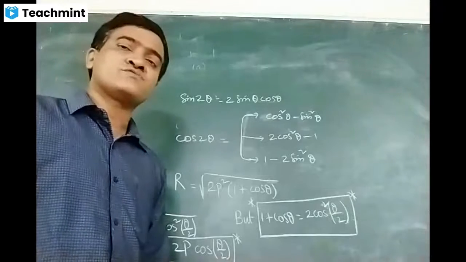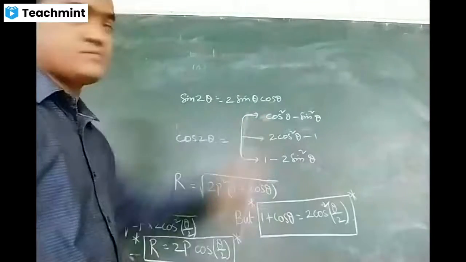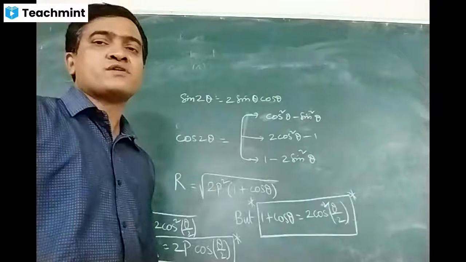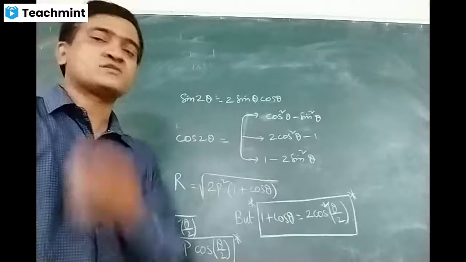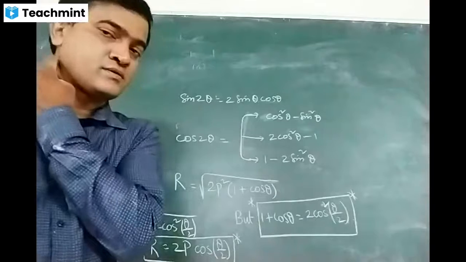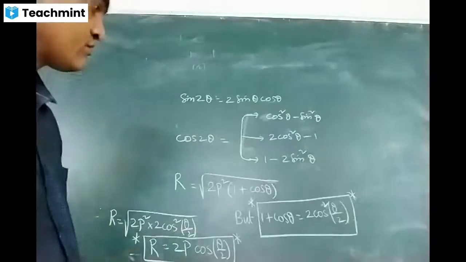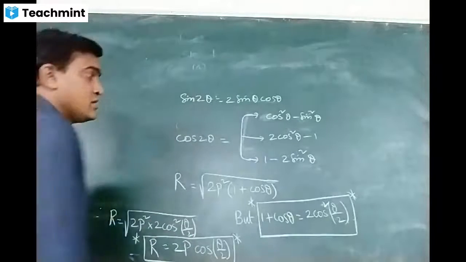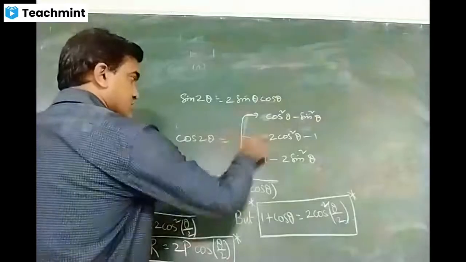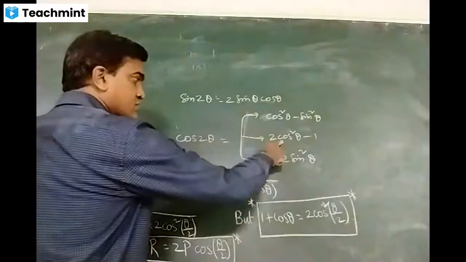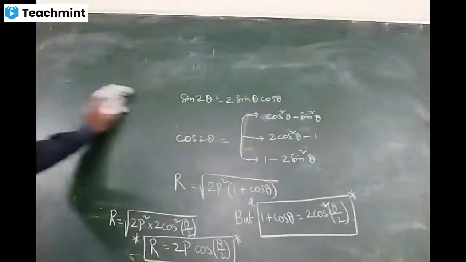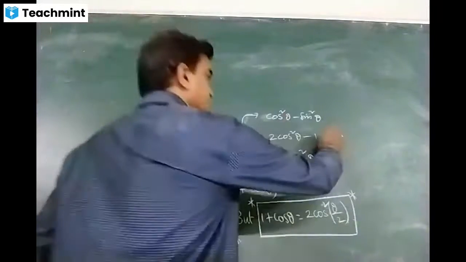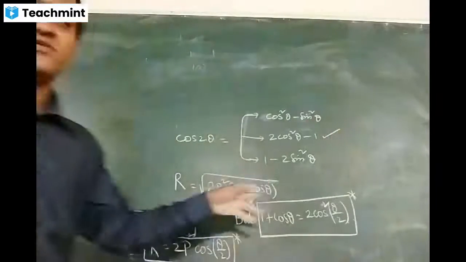I think I have shown you how we got this formula. If you remember the formula for cos of a plus b, cos of a plus b is cos a cos b minus sin a sin b. So remember this. Now let me use this equation. Cos 2 theta is equal to, what is the formula we have here? 2 cos square theta minus 1. I will use this equation.